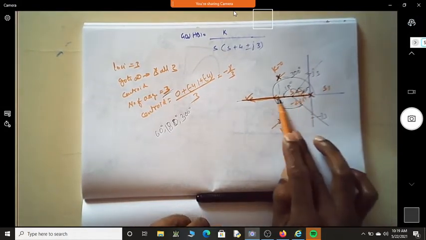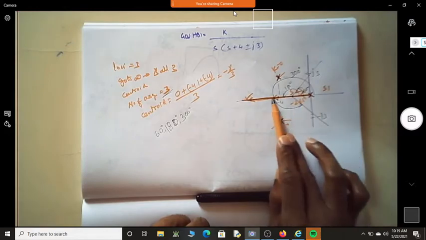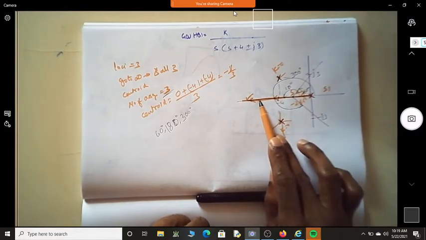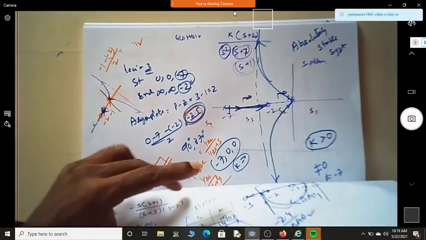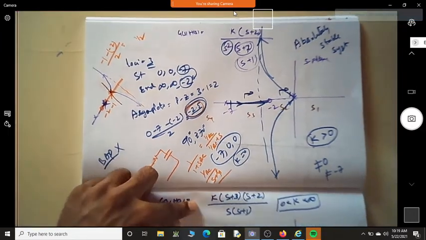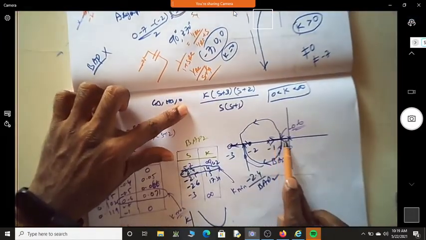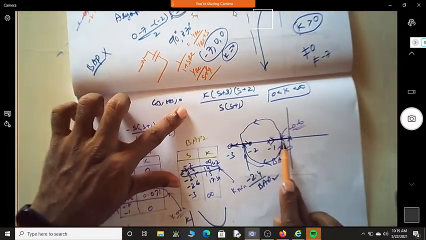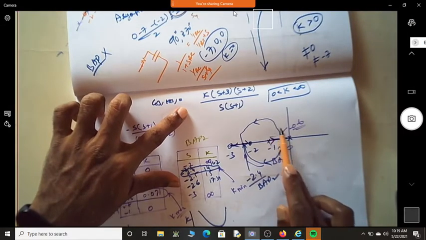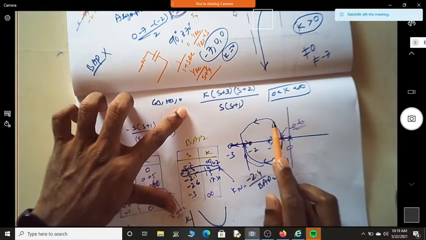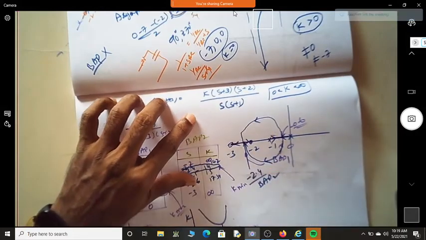Because here there was no ambiguity at all. It has to move along this. It has to go to left. In the previous case also, we knew that this has to go to left and this has to go to right. There is no ambiguity. And once they break, we know that it has to become complex conjugate. Of course, we can prove that it's a semicircle.